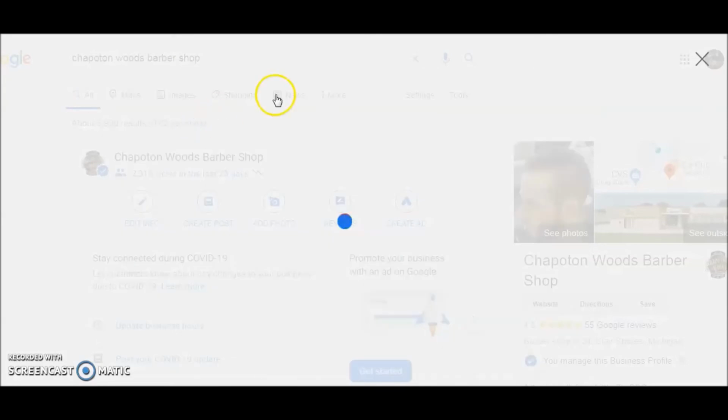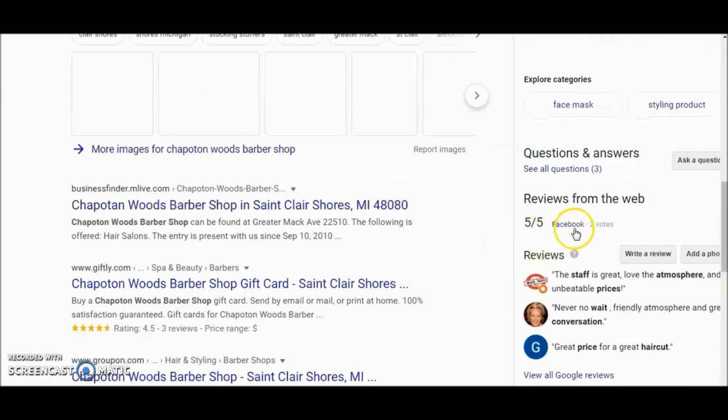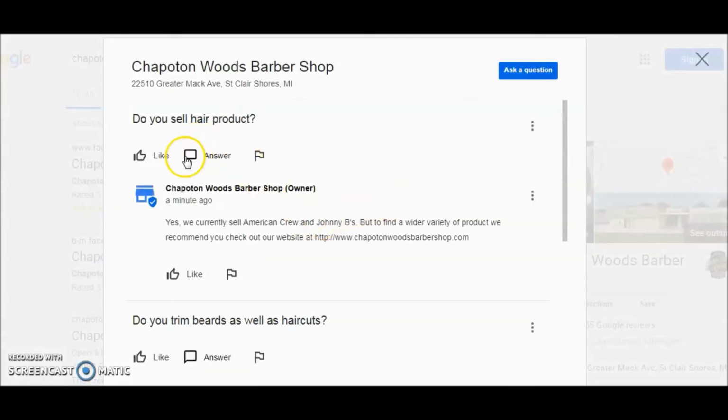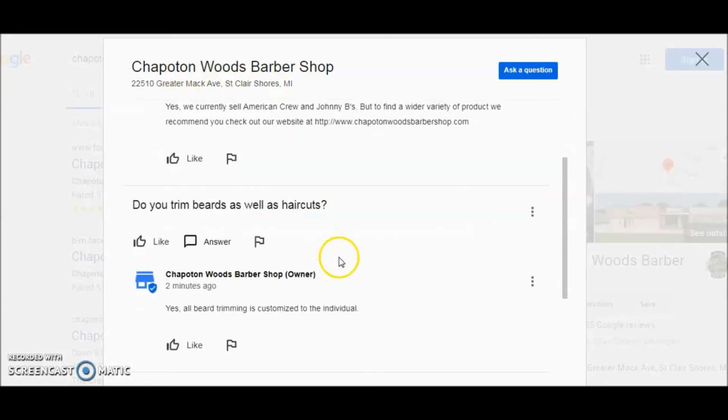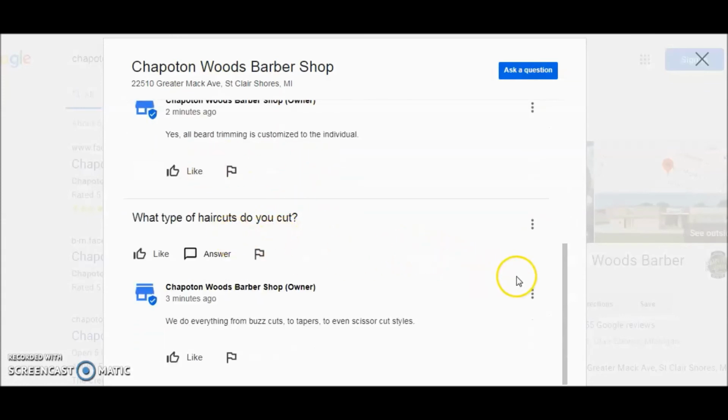Let's go back to questions. Okay, so now when you go to the questions part, if you click here, you see all three questions there. Click on it, and you can see here there's the question, there's the answer, there's the question, answer, and so forth. So this is a great thing that if you're not taking advantage of it, you should, because it's a great FAQ page. It's great for